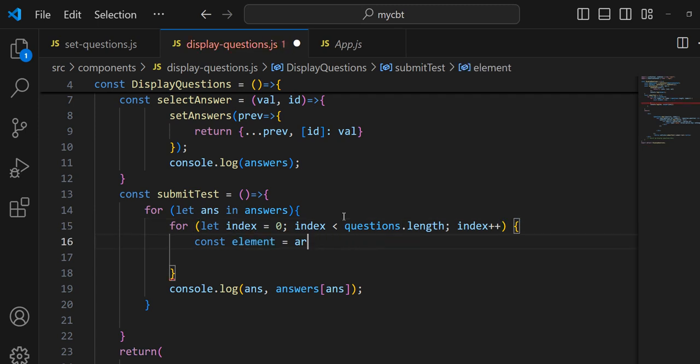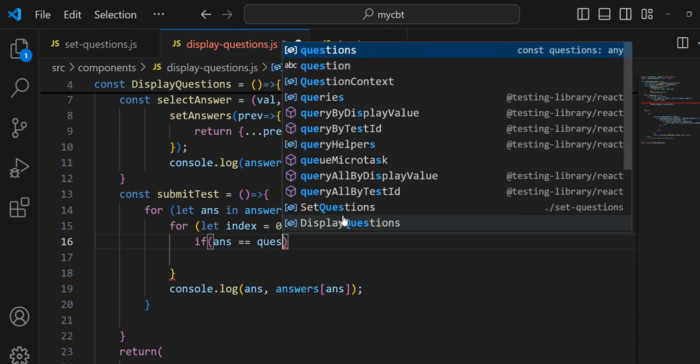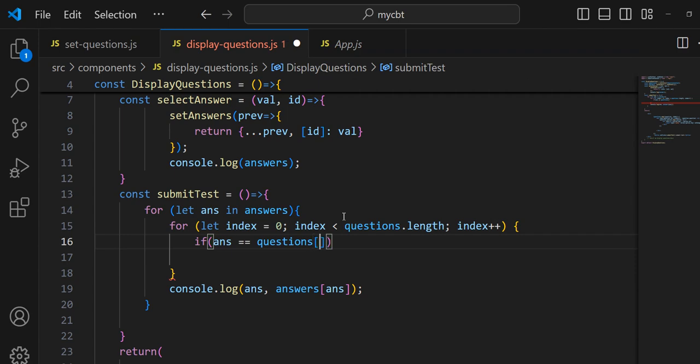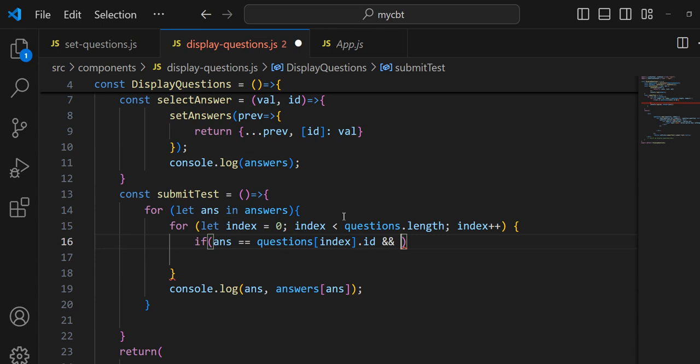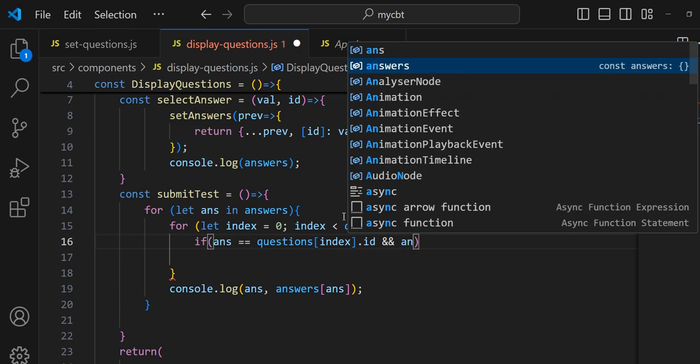If ans is the same as the key, yes, ans is the key. If the same as question index dot id, yeah, if both of them are the same, and answers